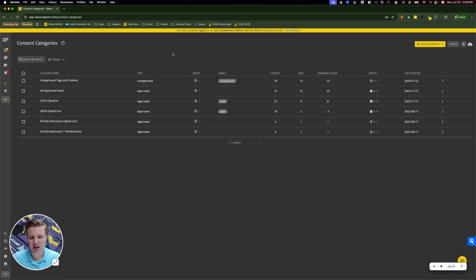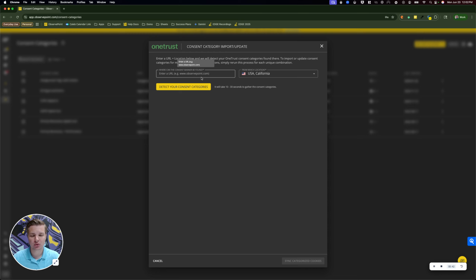Once I'm there, it will probably be a blank page unless you have created some consent categories yourself, or if there's someone else at your company that has done some. But I'm going to go to Create, and then there's 2 different ways that you can update consent categories within ObservePoint. We have a light integration with OneTrust, a wonderful partner of ours, that is able to go to a site and collect all of the consent categories within that page if they have the OneTrust CMP